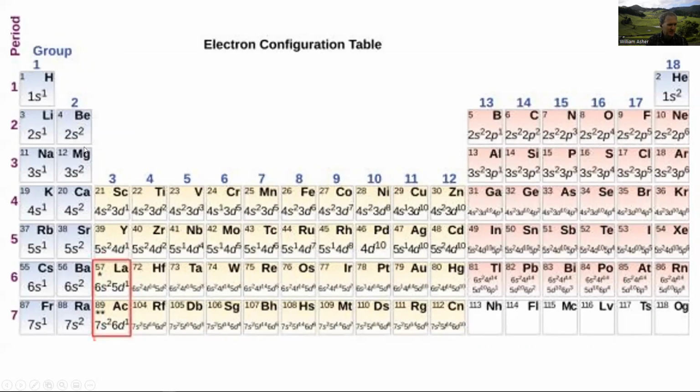And electrons in the same type of orbital is what determines the chemical processes. And that's why things in a column on the periodic table behave the same chemically. Oxygen behaves pretty much the same as sulfur. Nitrogen and phosphorus are similar. Carbon and silicon are similar. Lithium, sodium, potassium, rubidium, cesium all have similar chemical properties. Hydrogen is a little bit different, somewhat the same, but hydrogen and helium are sort of their own special categories